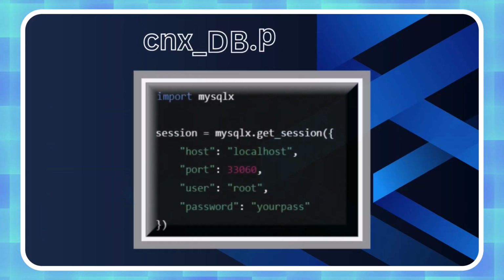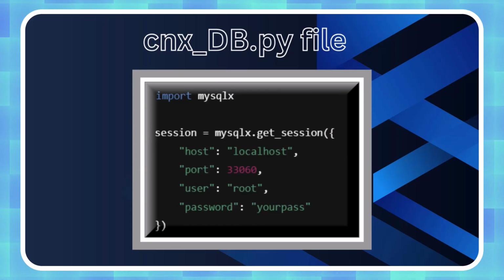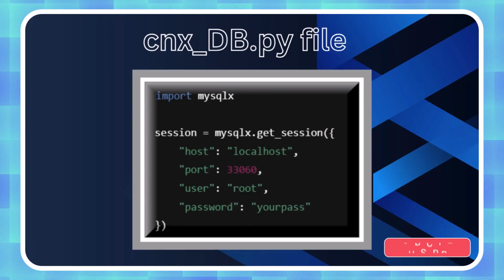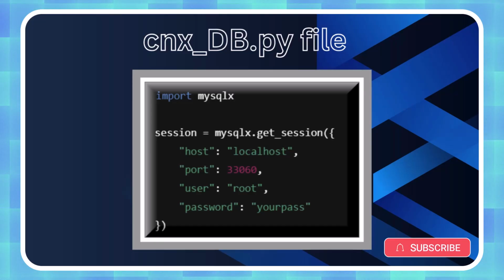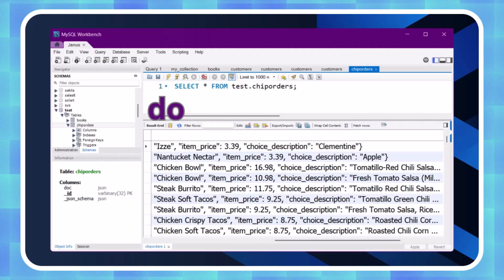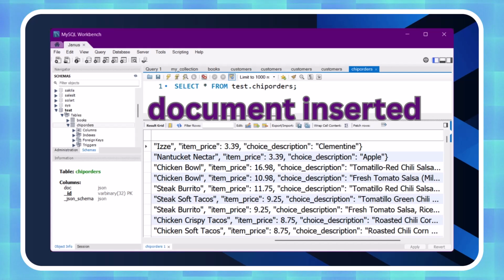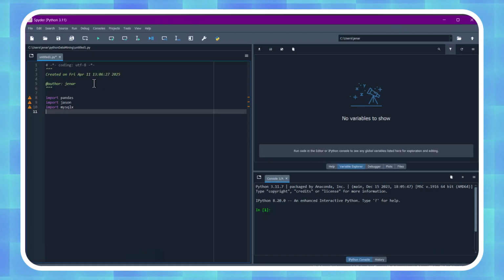To make a connection to a MySQL server, we use the cnxdb.py file explained in several previous lectures. Please subscribe and visit my channel to learn more about this. At the end of the process, we will have a clean stored document inside the test database, as you can see now. Now let's go to the program.